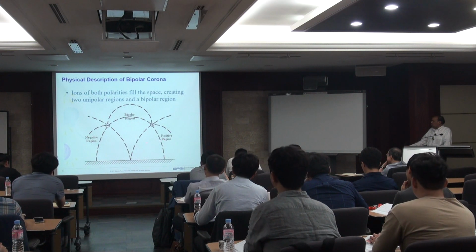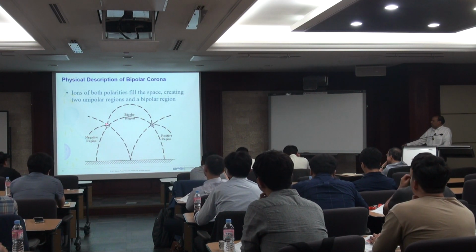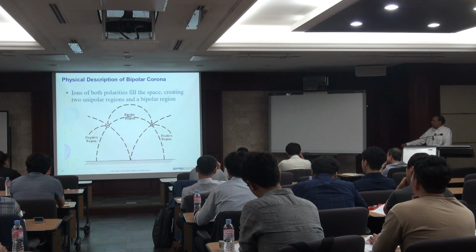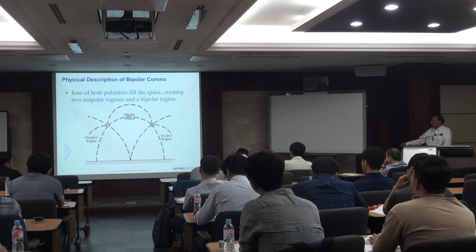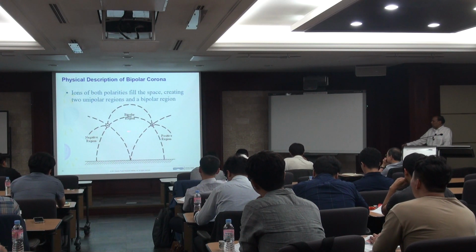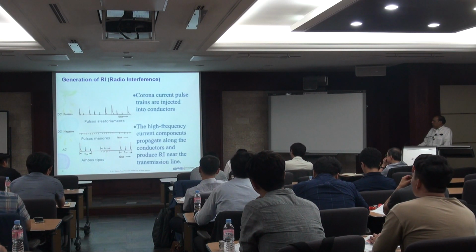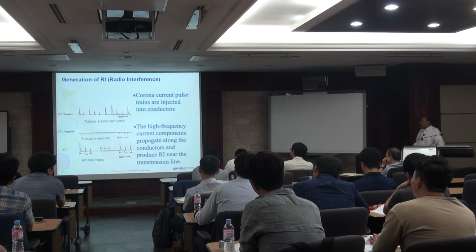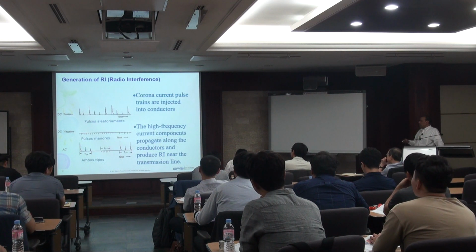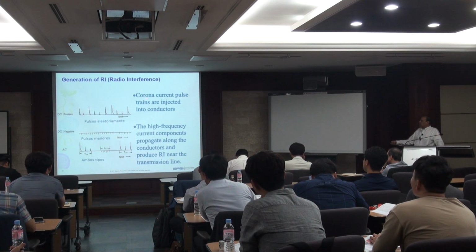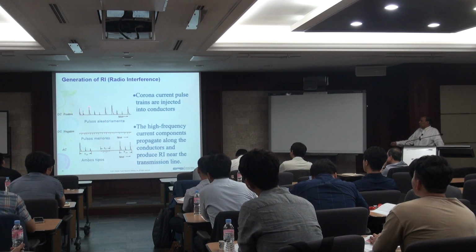Whereas if you have two poles, a positive pole and a negative pole, in between them the negative ions come this way, positive ions come this way, and they neutralize each other. This is the bipolar region, with the negative region here and the positive region there. The bipolar region is somewhere in between these two poles. So you have distorted fields everywhere. This is what happens with the bipolar line. Now the impact of this corona on the radio interference is shown here. The radio interference with the DC positive corona current pulse trains are injected into conductors. The DC positive pulses are shown with respect